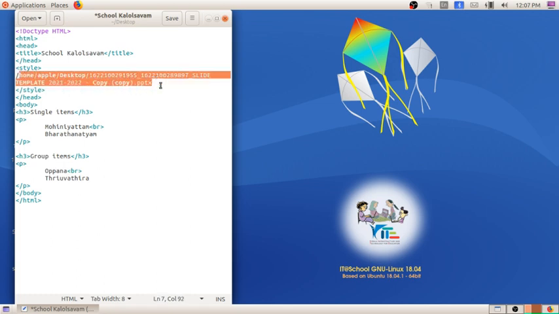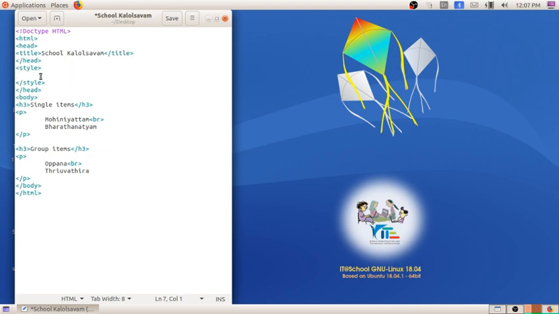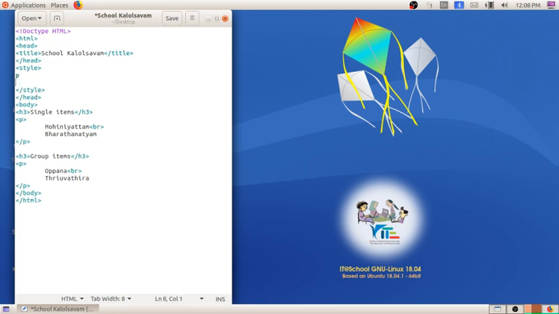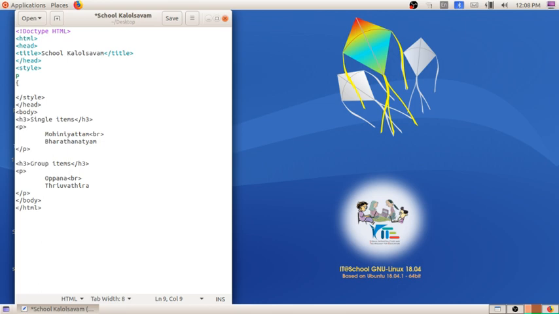Here I am going to write the tag. We are applying the cascading style sheet, we are applying the style to the paragraph tag. This content is included in the paragraph section, so we are applying it to the paragraph. I am writing P, and we have to open the bracket here, and after that we have to click on tab, and I am writing the font-family